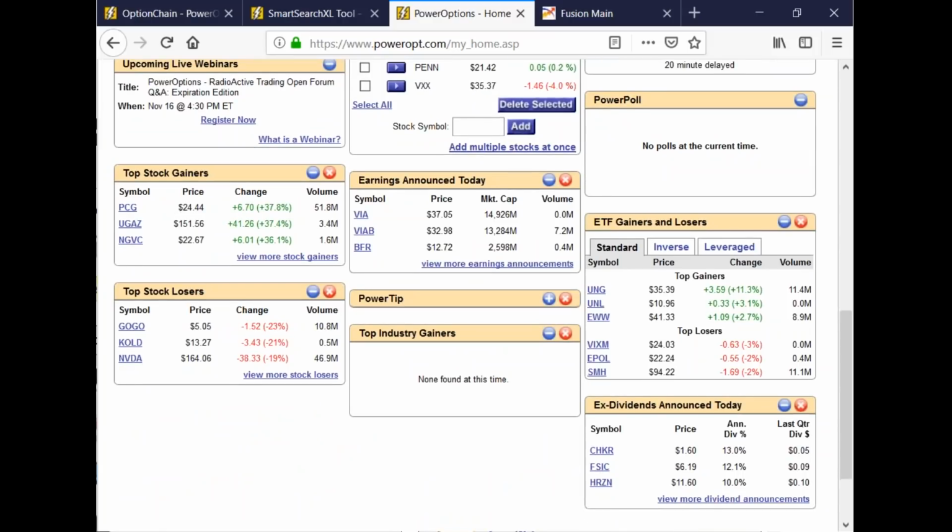Yep. PCG had a 37.8% gain. That'd be great for a covered call if you got a high premium, but if you had been on the opposite side and done a bear call credit spread, something along those lines, you'd be in a bad position. Doesn't look like anything fell by 30% today, but we did have some strong upward movements, likely due to earnings